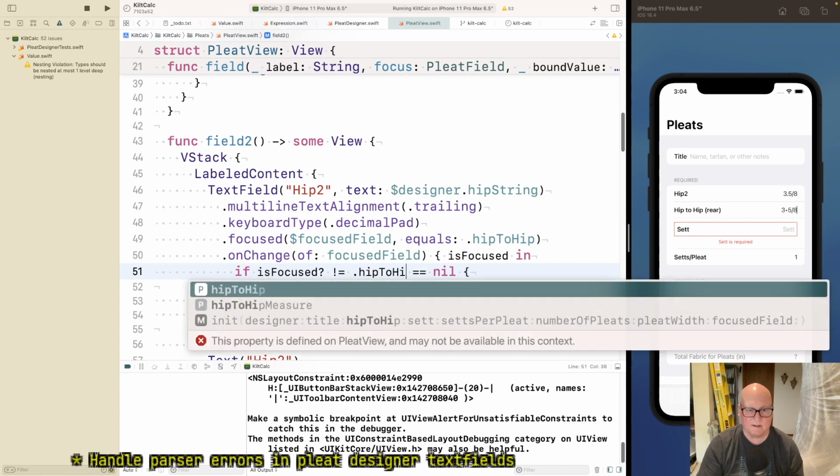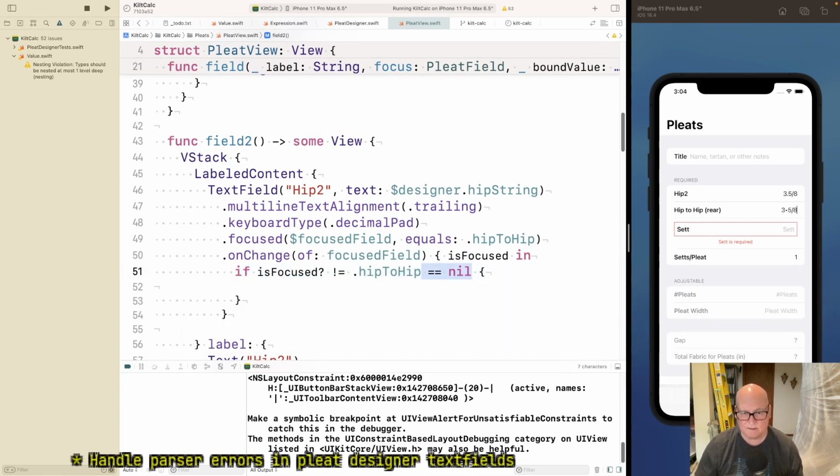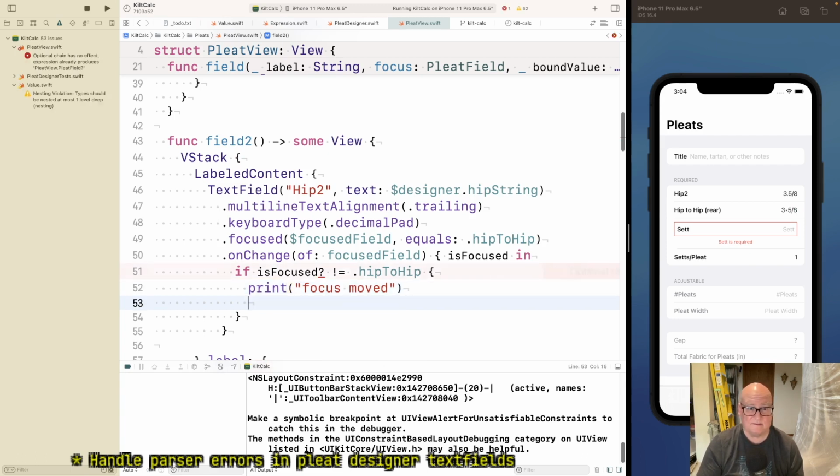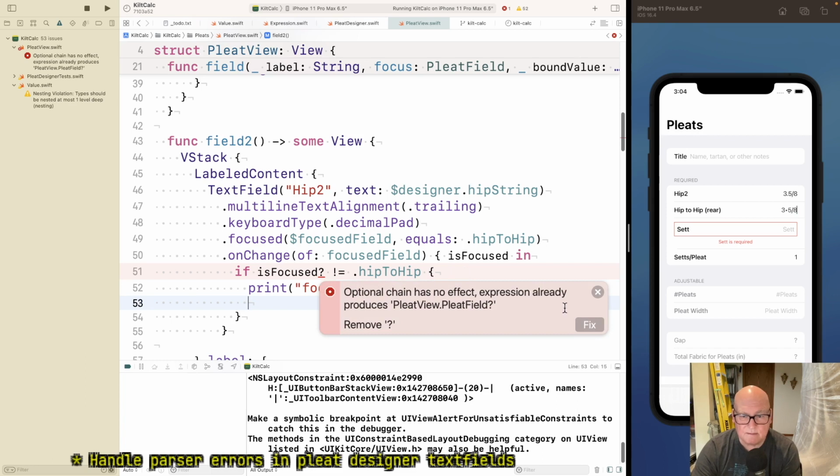So I think I'm saying if it changed, well, let's print focus moved and let's try and assign, sorry, focused field. Changes no effect. Okay.